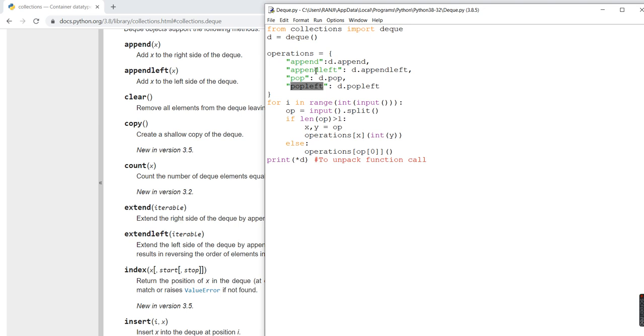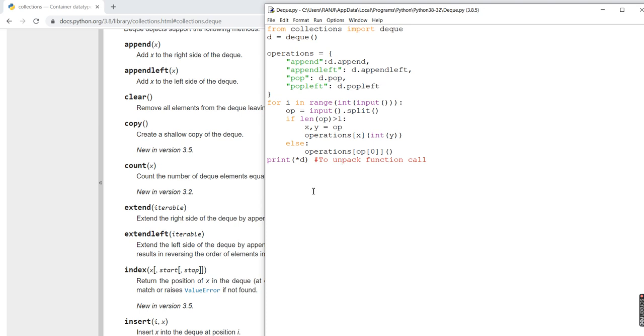So this is just for that basic demonstration. Then as a value to each key in the dictionary, I put d.append, d.append left, d.pop, d.pop left. If you notice on this documentation, the method call is not in this way.